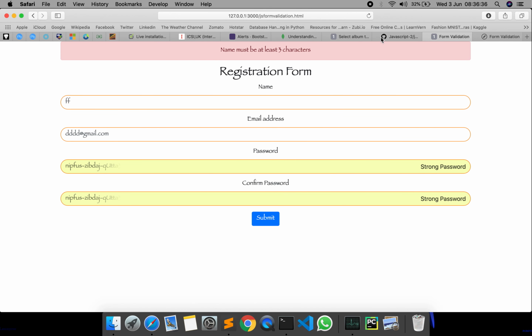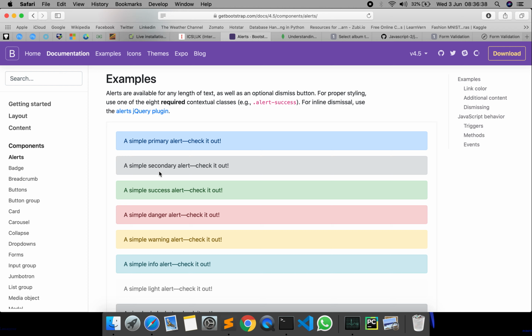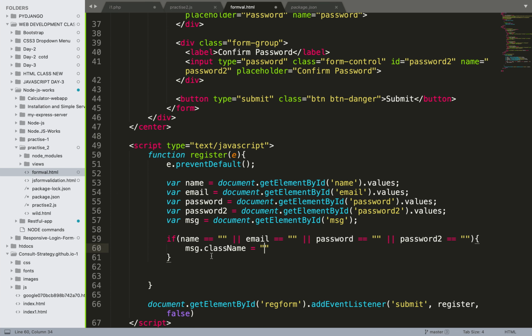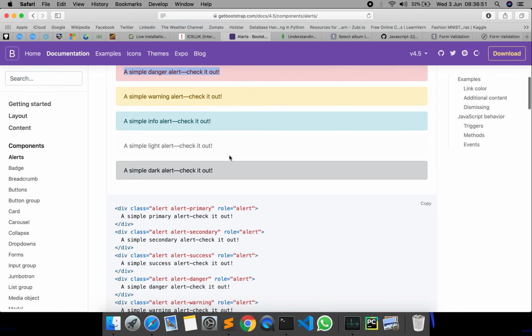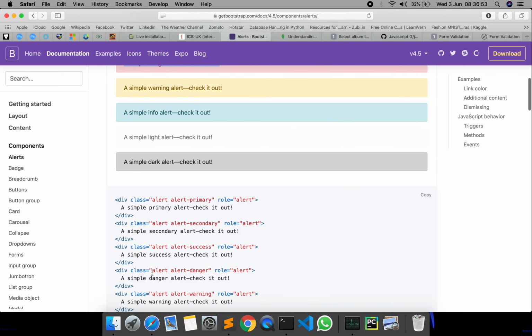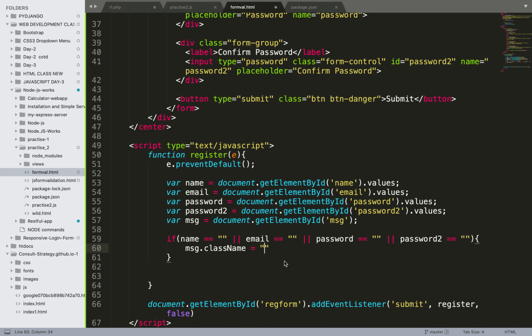So yes, on the Bootstrap page. If everything is blank, I need to show a warning. Warnings are generally in red color, so I will use this one, a simple danger alert. The code for it is given over here. I will just need to mention this in the class, alert danger.